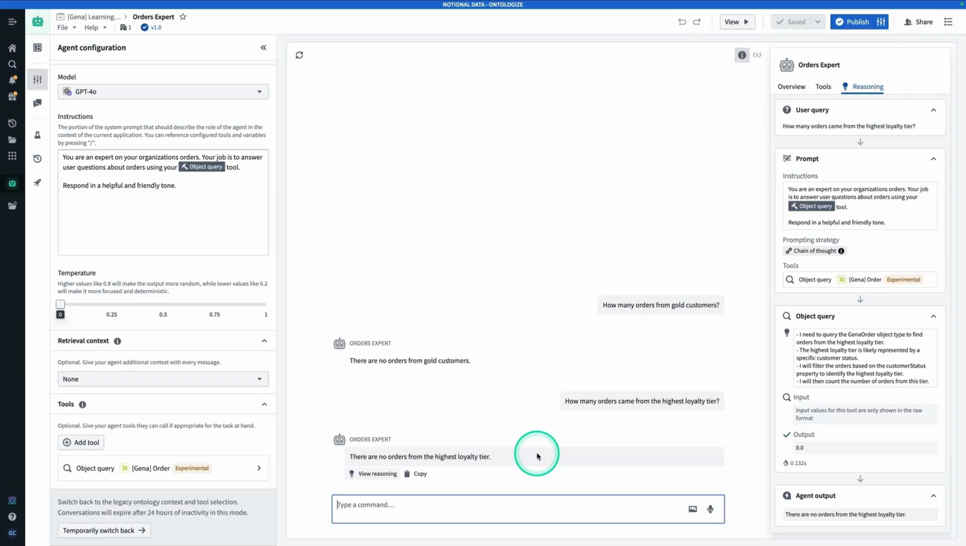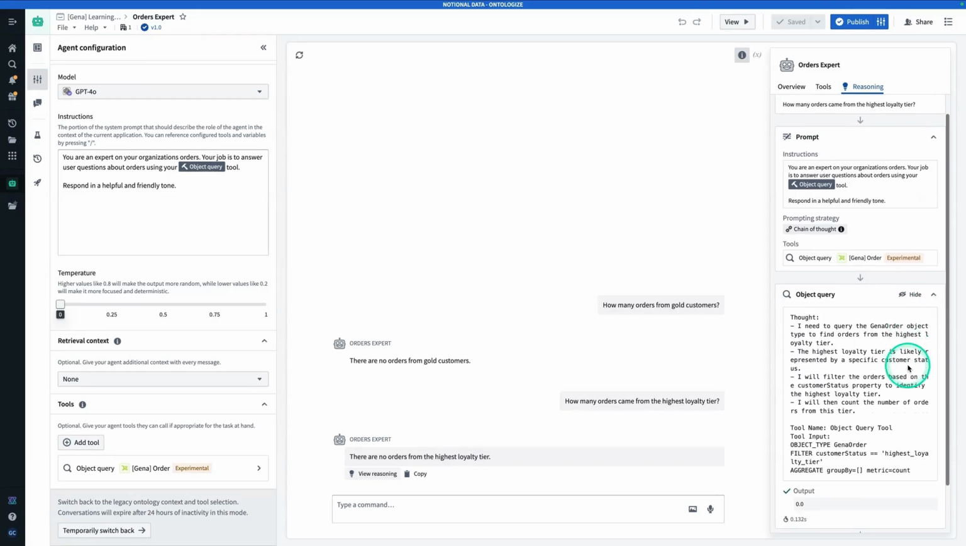And so here we have an answer. There are no orders from the highest loyalty tier. Here we actually did make the connection between loyalty tier and customer status. But you'll see that the next step is I will filter the orders based on the customer status property to identify the highest loyalty tier. And if I hit show raw, you'll see that it tried to filter customer status by highest loyalty tier, which